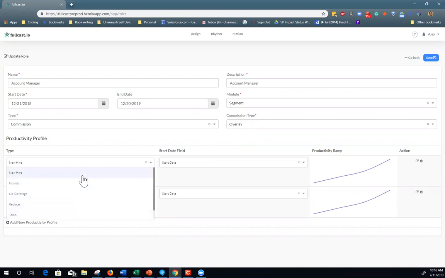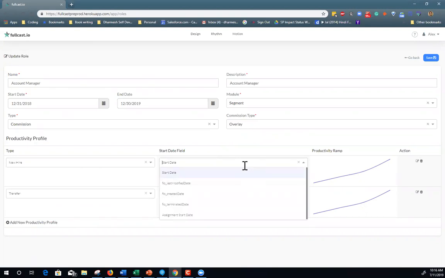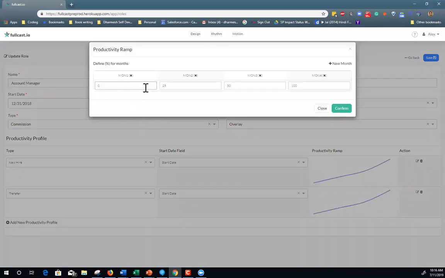Because each of these different profiles for this role could have a different ramp profile, right? You can come in here and say, for a new hire, I will call a new hire the person who comes into this role on the start date or a date they were assigned to the role. And I can define what the ramp profile for this person could look like for the first 4 months. When do they get to the 100% fully ramped role? So I've taken away the decision-making from the field or individual managers to say, what do you think the ramp is? I've centralized those ramp profiles.